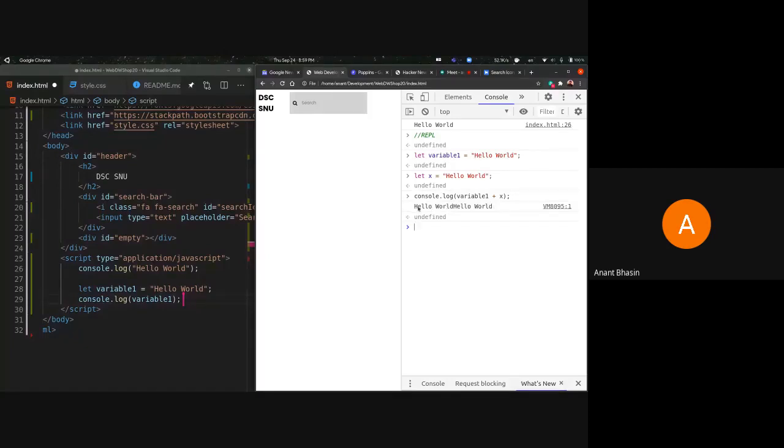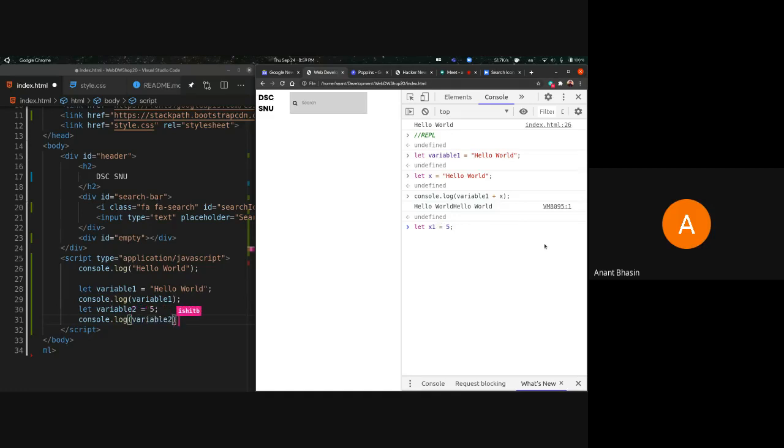Once it is variable one, and the second time it is from x. So variables can hold any value that you can think of in code. We're going to use variables a lot. We're going to use functions a lot.